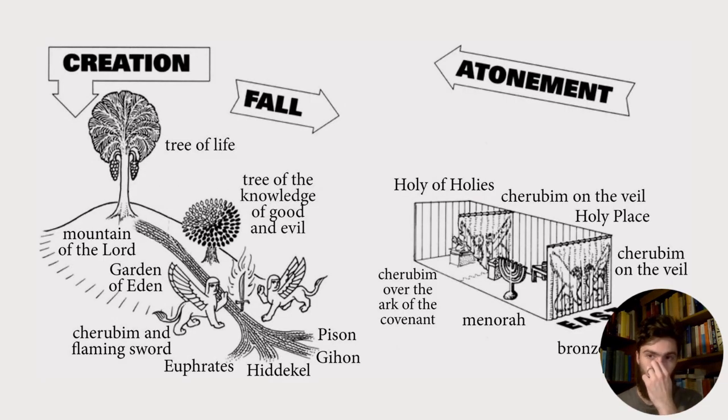I know another way to view it would be this diagram, which shows the directional change from humanity leaving creation in the fall and then the atonement that leads it back to it. And obviously in that diagram, feel free to pause at this point if you want to look at the diagram further, but I won't linger on it too much. I just want to show you this in order to demonstrate that this is definitely the logic behind the biblical passages, the depictions of the garden, and then the depictions of the temple.